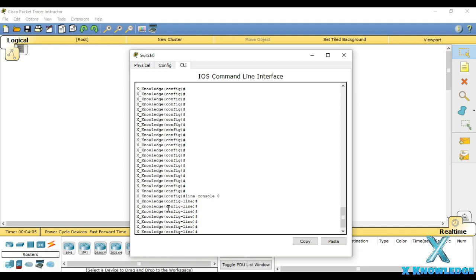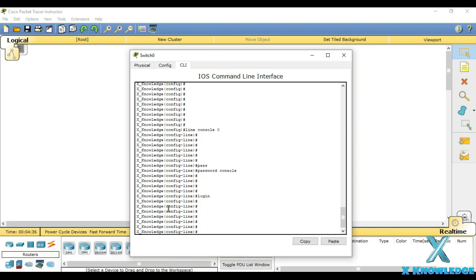Just type password, and make sure that you give a meaningful password, or since I'm using it to show, I will be using an easy password. Since it's for console, I will be using the password console. In order to activate this authentication, so that every time it asks for a password, just type login. So the console password has been set up.